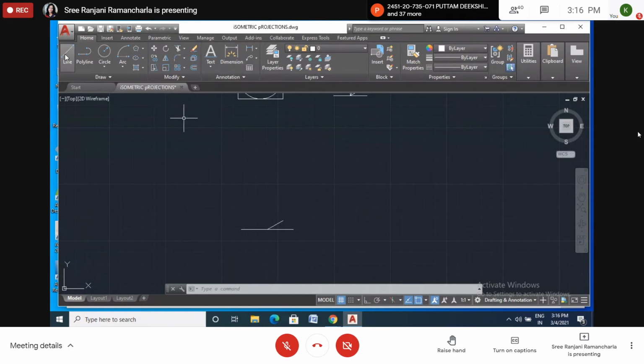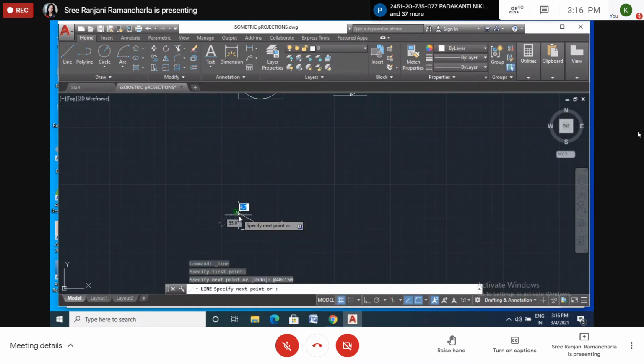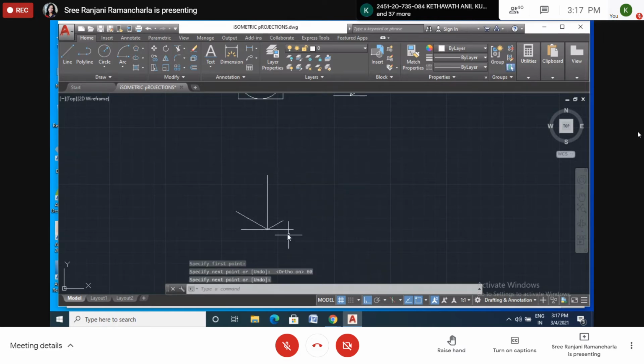Now another side. Here, at the rate 40 less than 150. Enter. If from here to here is 180, and this is 30, then this will be 150. So I have taken 150. From here to here is 20, 40, and 60, another direction. Line command, I will type 60 here with ortho on. Enter. Now I will copy this one here.